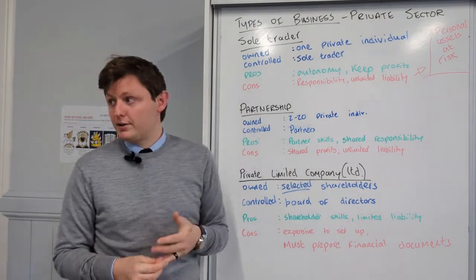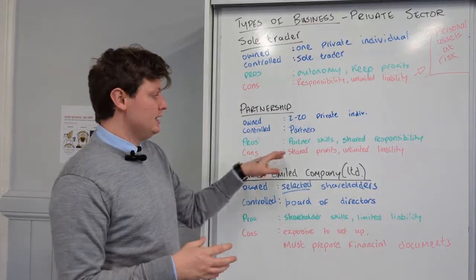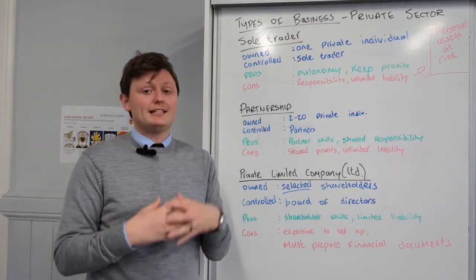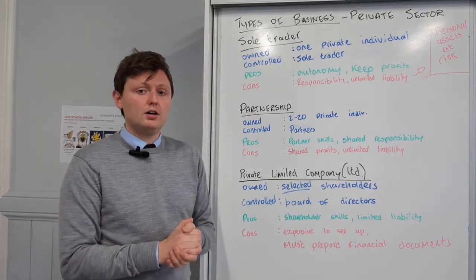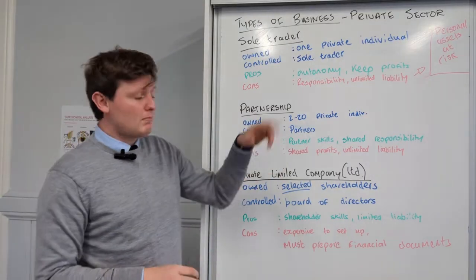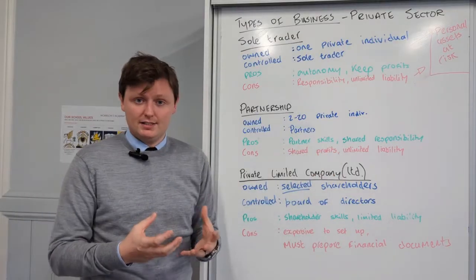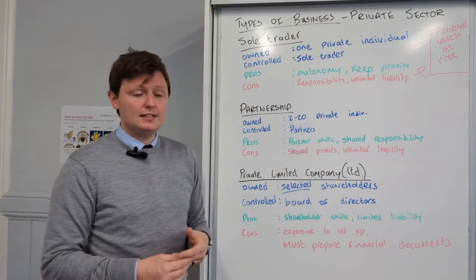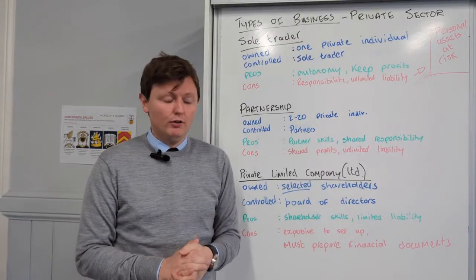Some disadvantages of a partnership, though: as much as we get to bring different skills and share the responsibility, we also have to share the profits. So we don't get to keep them all for ourselves anymore like we did as a sole trader. Instead, each partner will get their share of the profits. However, a partnership still has unlimited liability, which means that if the business is unsuccessful and has loans it has to repay, they can then come after the partner's personal assets to pay them off.